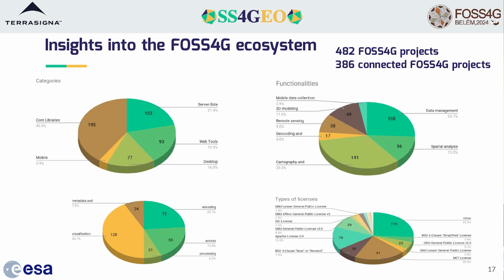At this point, we have documented 482 FOSS4G projects. That is huge. I don't know how you feel about it, but from my perspective, that is absolutely huge, in the sense that in our lifetime we work with 10, 20, 25 projects, but the ecosystem is so big. It's absolutely